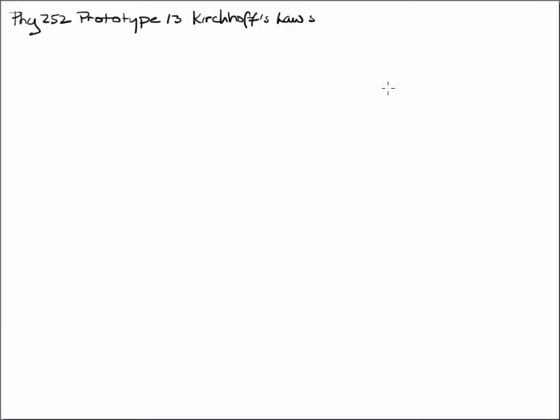This is prototype 13, Physics 252. We'll be working again with Kirchhoff's laws. Okay, what are they? What are Kirchhoff's laws? You should be able to repeat these verbatim,